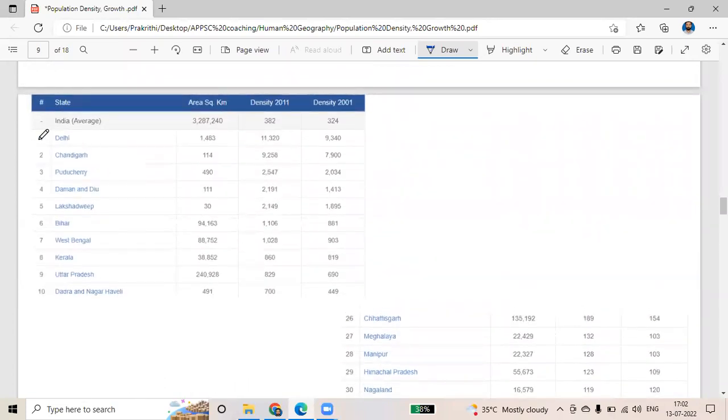And in this, Delhi is different, 11,000, it is a capital region. Other than this, Chandigarh, it is a union territory. And if you look, you can see Bihar comes first in population density. Among the states, Bihar will come highest. In union territory, you can either go for Delhi, if Delhi is given. Other than that, if Chandigarh is there, you can go for Chandigarh.